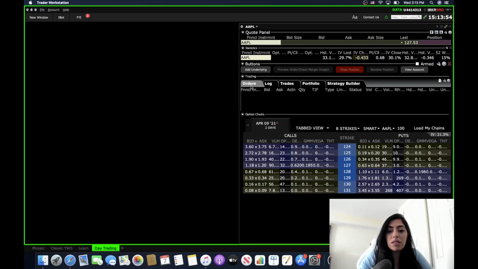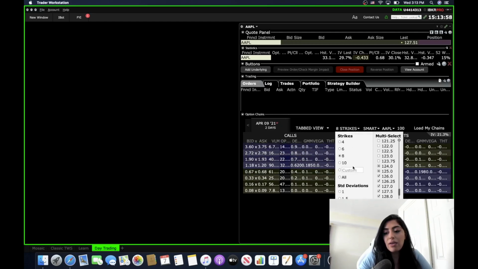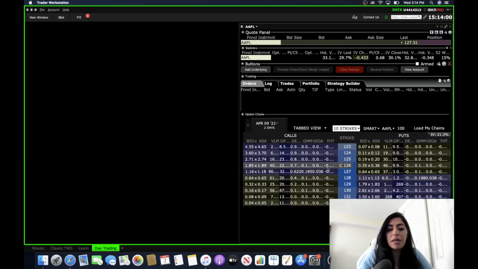So I really just keep this on the order side, and I keep this on about 10 or 20 strikes. So we're just going to do 10 for now. And right here you can see the expiration date, your options. And then what I actually like to do is edit this, because I don't need to see all of this